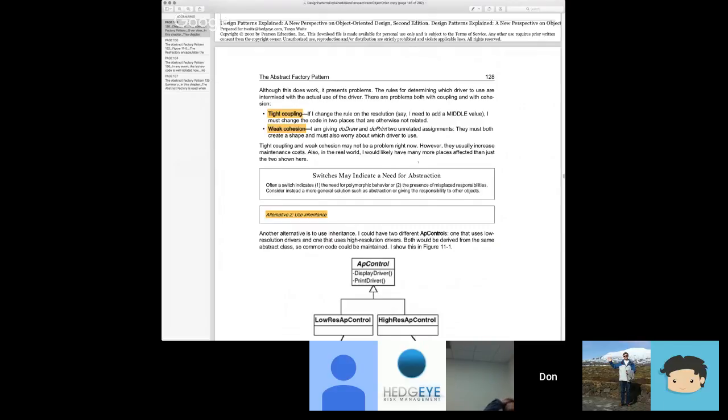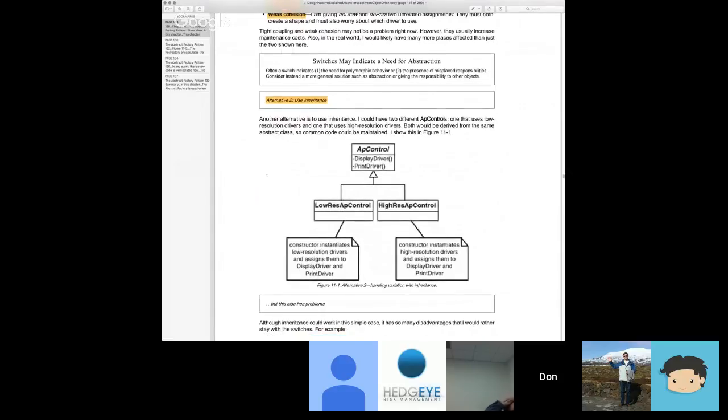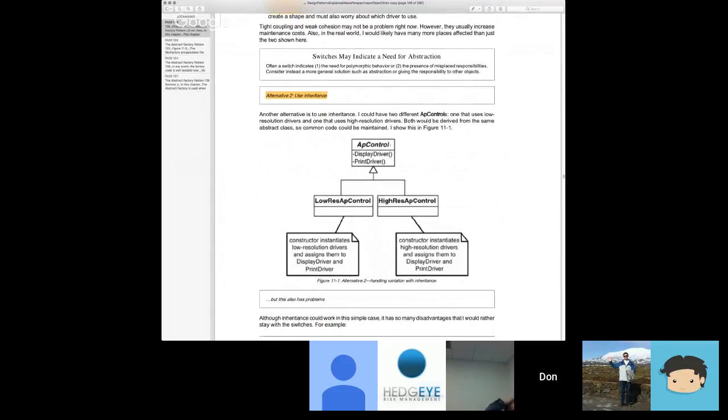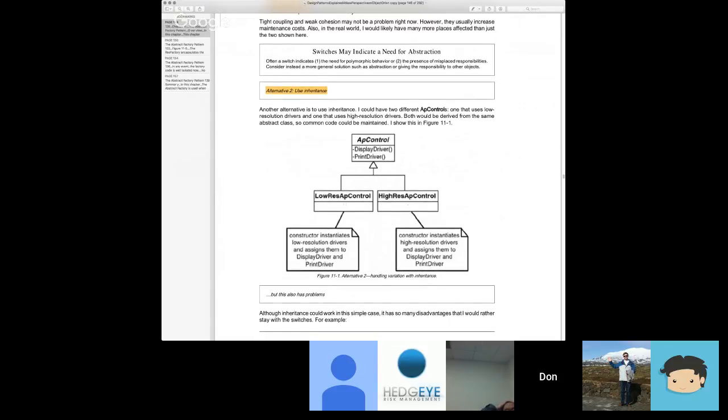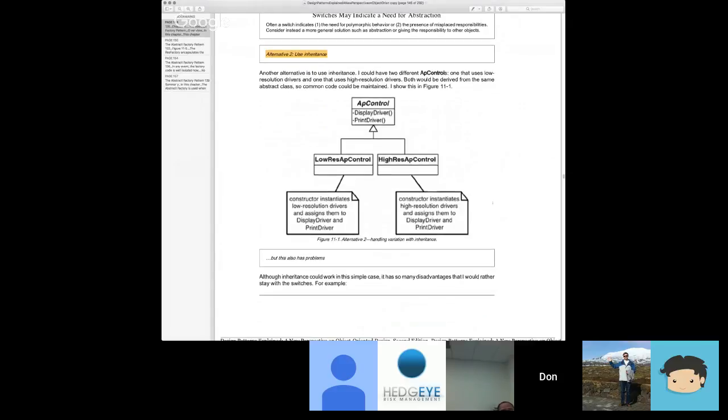Since we're talking about patterns and objects, the next solution is to use inheritance. And this seems okay at first. In this case, our app control is going to have attributes that say which drivers it's going to use for displaying and printing. But we're just going to make two subclasses: low resolution app control and high resolution app control. Their corresponding constructors would create the drivers of the appropriate resolutions and assign them to these attributes: display driver and print driver. So that sounds okay too, except